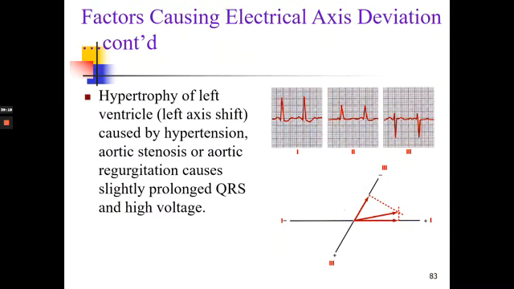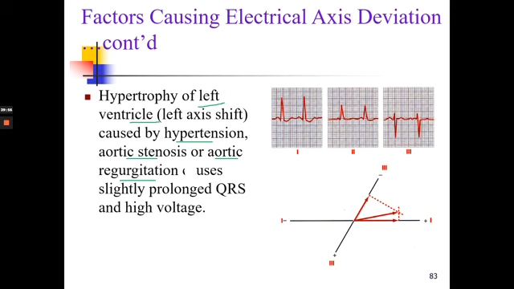Left axis deviation could be caused by left ventricular hypertrophy. Left ventricular hypertrophy is caused by hypertension, aortic stenosis, which is narrowing of the aortic valve, and aortic regurgitation, which is incompetence of the aortic valve, meaning the aortic valve does not close properly, so that the blood regurgitates from the aorta to the left ventricle during